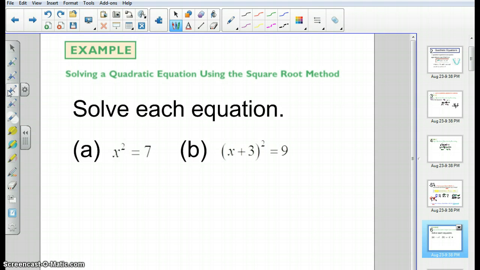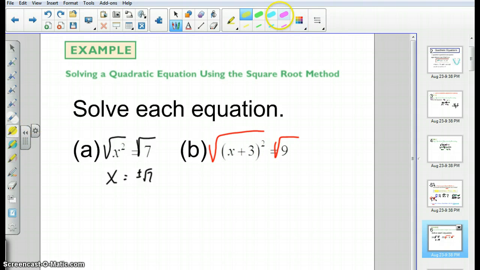Again, to undo squaring, we should try to take the square root, but if you write the square root sign, you have 2 answers. So leave it plus or minus 7. I don't like long stringy decimals, so just leave that solution. If you were to take the square root of this side, again, the square root of a cow squared is a cow, and this time the cow is